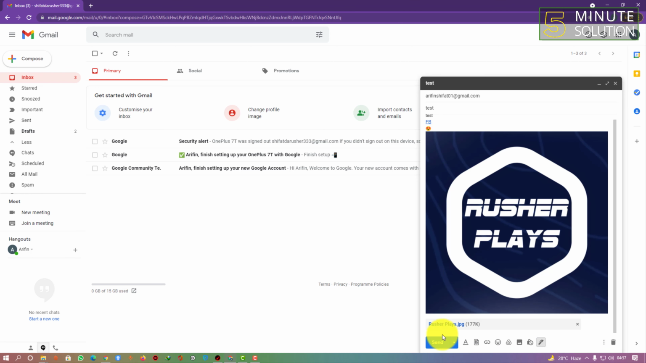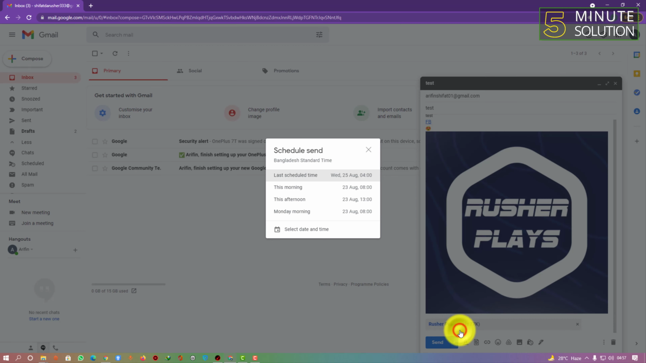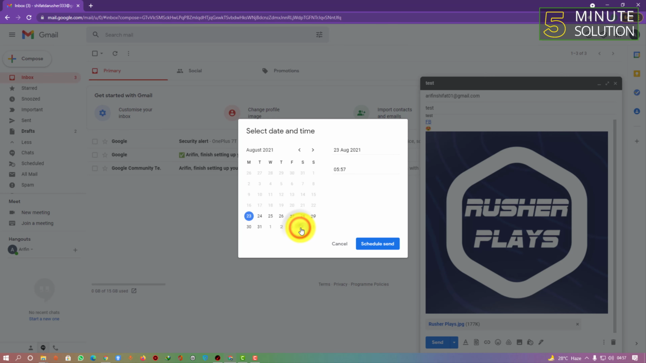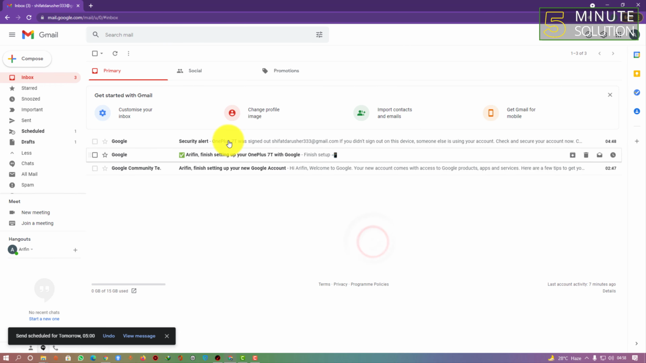Now here you can see send. In this option there are more send options, which is, if you want to select schedule send, you can simply select it. You can select a date and time. If you click on that, you can select a date, and you can also select a time, as this is 24-hour format, so let's suppose it's set to 5 o'clock on 24 August. And if you click on schedule send,